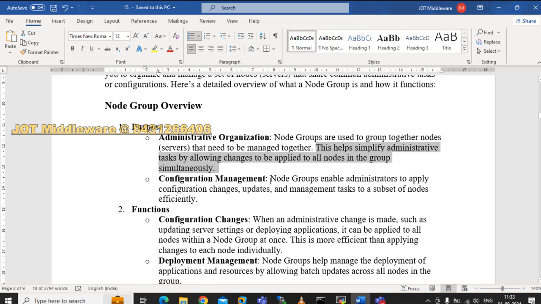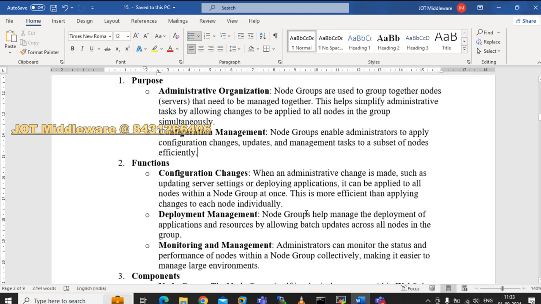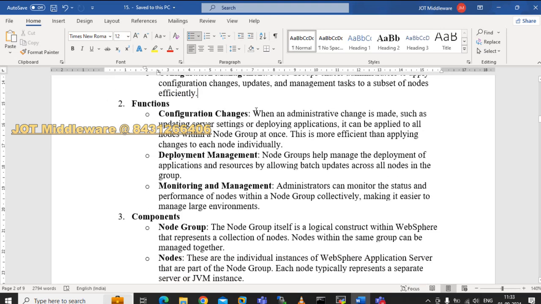And configuration management: node groups enable administrators to apply configuration changes, updates, and management tasks to a subset of nodes efficiently. So whatever configurations you make will apply to a subset of the nodes. So node group is the top level. Whenever the configurations are applied on the nodes, they are added to each and every node simultaneously: all the changes, updates, and management tasks. So functions, configuration. Whenever an